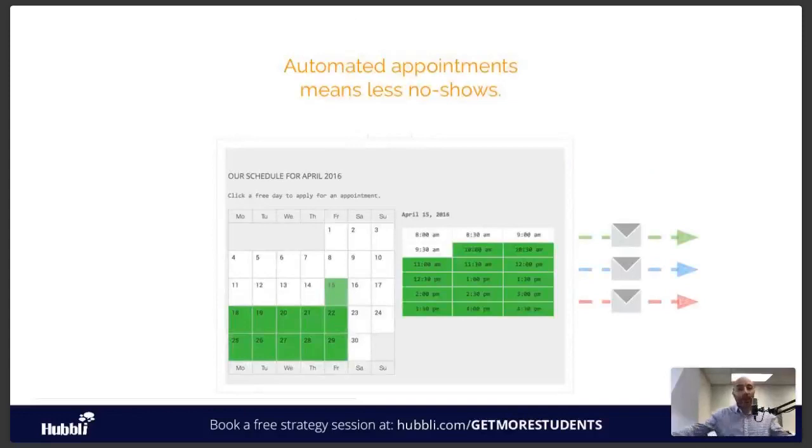Now, our appointment scheduling system is really great for any appointment management that you need: tours, open houses, observations, even parent-teacher conferences. So you want your enrollment marketing, your enrollment system to have an automated appointment system because, again, it's a much better experience for the parents, saves you a ton of time, and it handles those reminders that keep the parents coming in. You get way more people showing up for tours and open houses and being appreciative